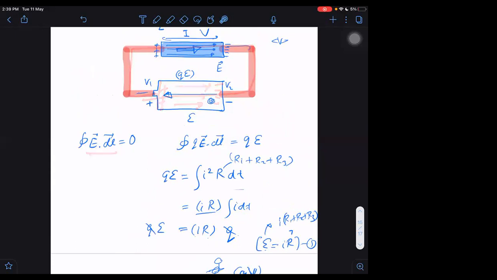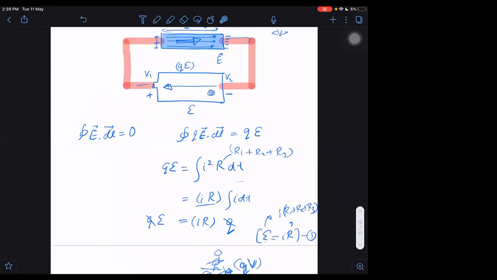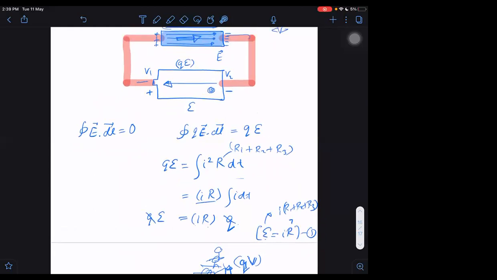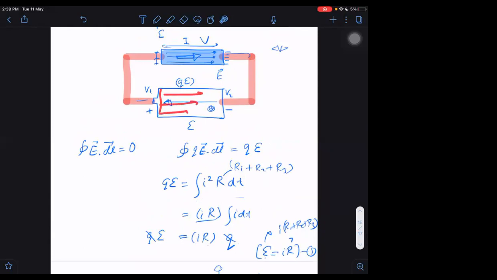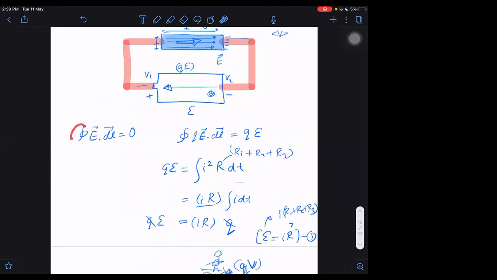In fact, we have the right to define potential only when the field is conservative, and we know here the field is not conservative. But we actually don't care, and I will give you a reason why. We make this assumption that we can assume as if the field is existing in this direction. Whether it exists or not is not our concern. Our main motive is to understand that if we do that, the equation will be the same equation which we obtain using conservation of energy. Okay, so it is justified.